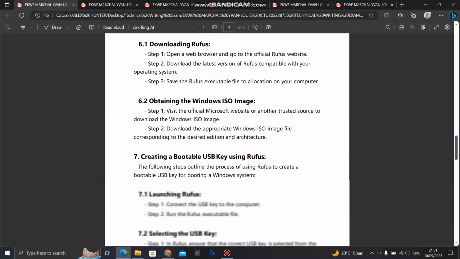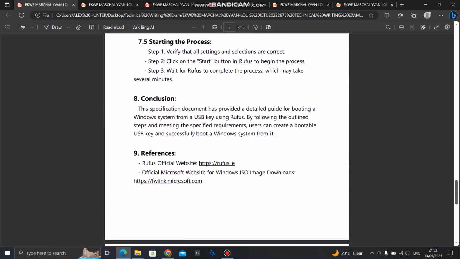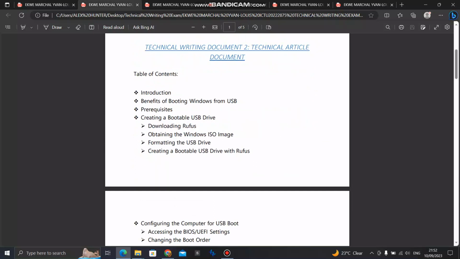Here is the overview of the whole document, and you can see at the end that we added a conclusion and references so that the users or the engineers might go to the sites to visit and learn about it. In the second document, which is the technical article,